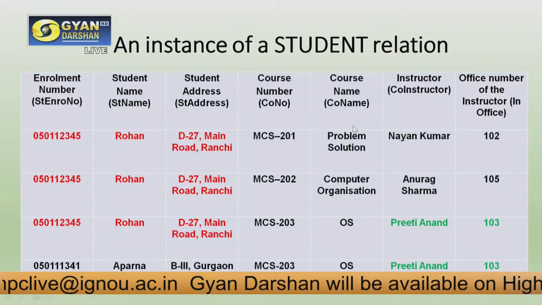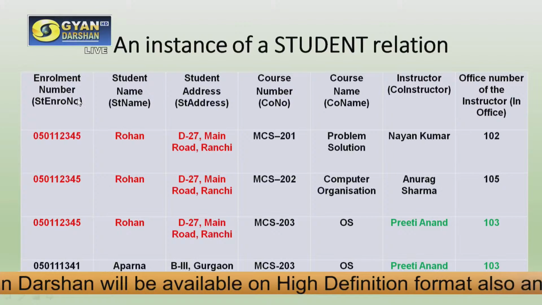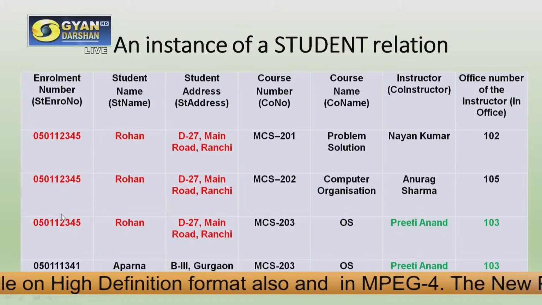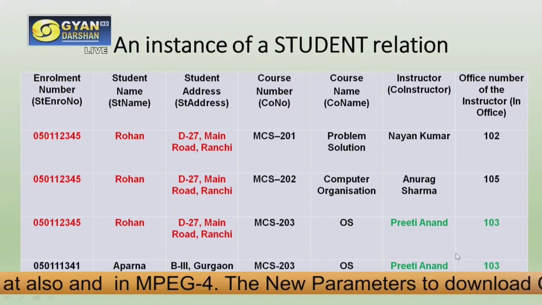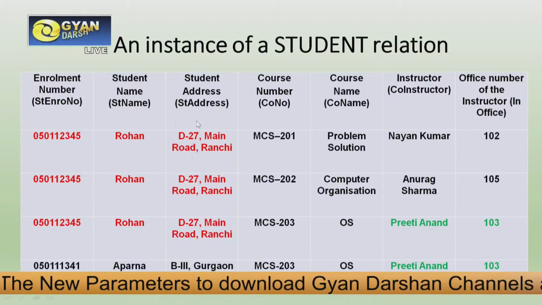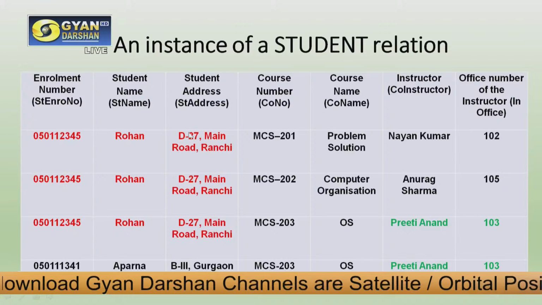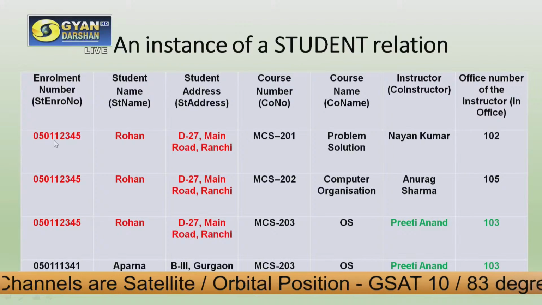Okay, so all this information is recorded in this particular table, and what you can see is that the information which is shown in red color as well as in green color, both these information are redundant in nature. What do we mean by redundant in nature? For example, the information that